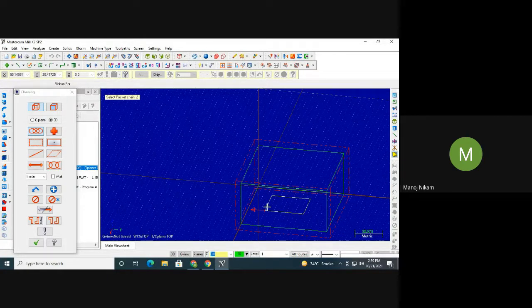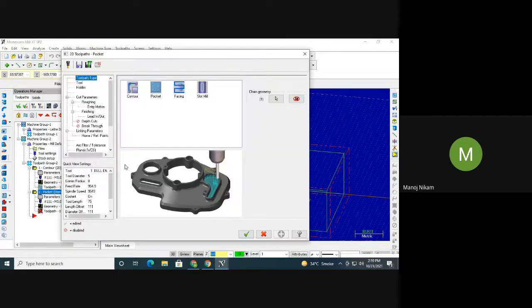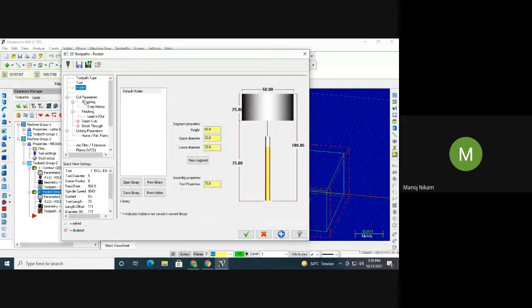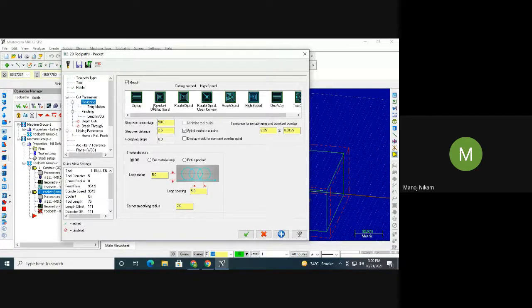So here, tell me, the tool is going to go from this side, so how are you going to do the compensation, left compensation or right compensation? Same tool, folder is same. So again in the path there are various options: zigzag, constant overlap,